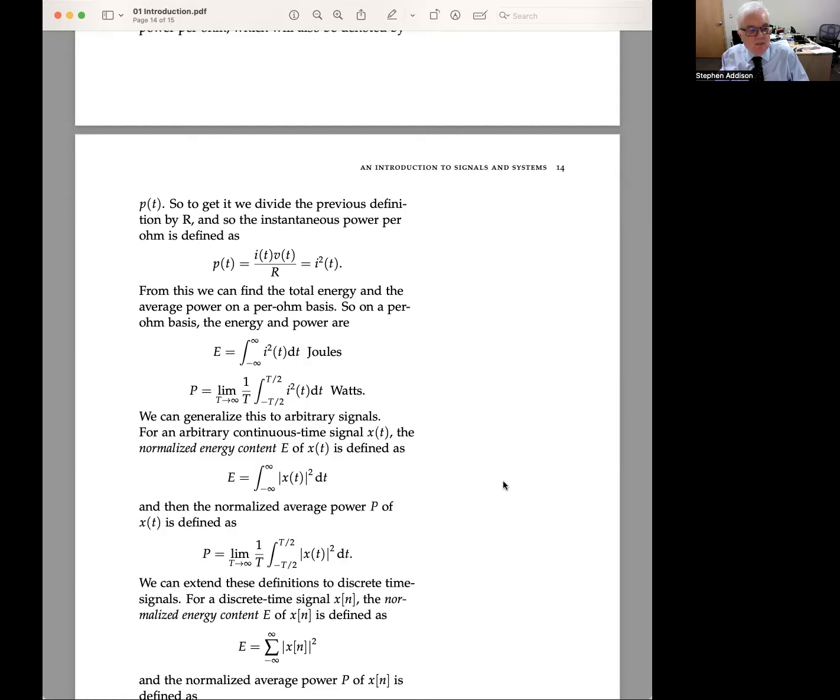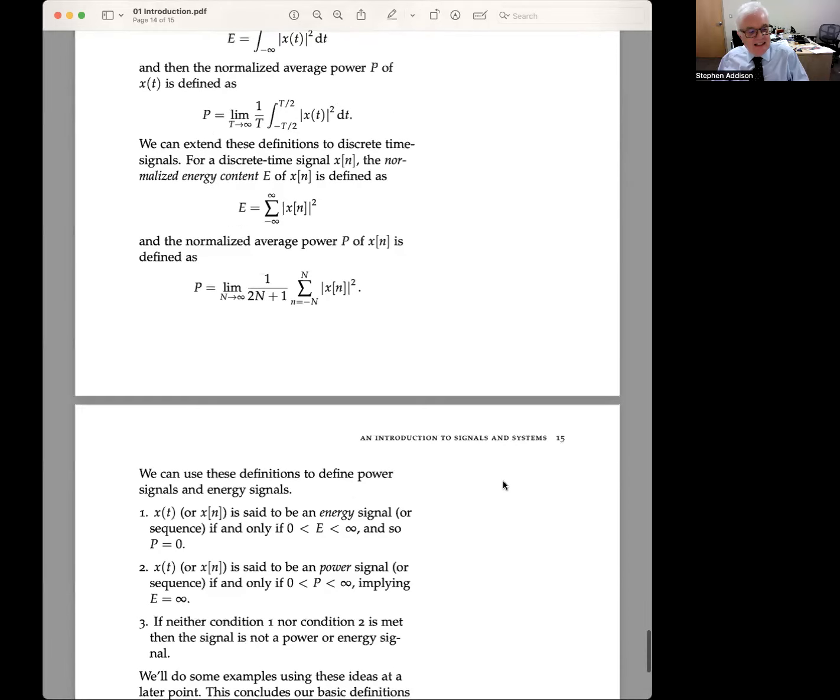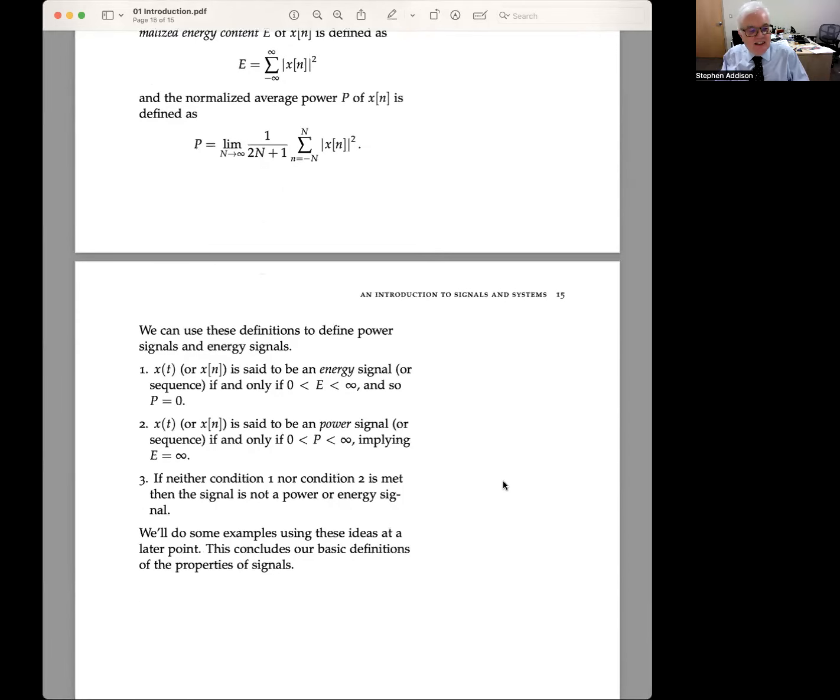Well, in fact, they're both on a per ohm basis. But anyway, we can then generalize those ideas to arbitrary signals,